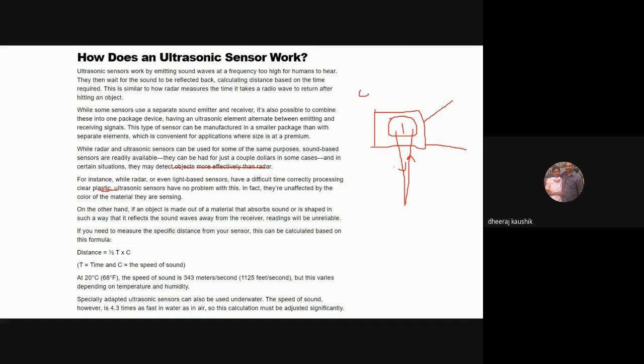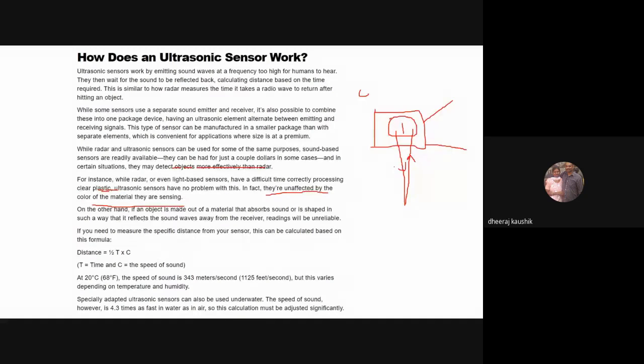So they are translucent materials, and light partially passes through them. So for light sensors, it will be hard to actually calculate the distance and other values which we want from them. But for an ultrasonic sensor, it is sound. So even though you send light through it, the partial dispersion of the light would cause the sensor to work ineffectively. But a sound wave actually reflects back to you no matter what the property of the surface is.